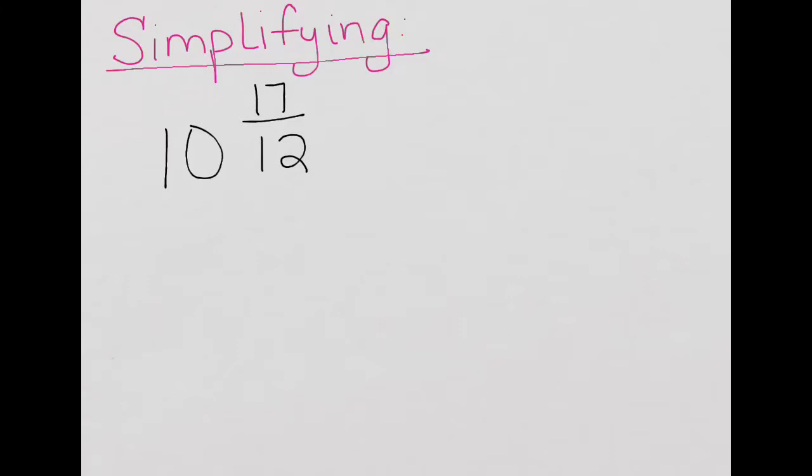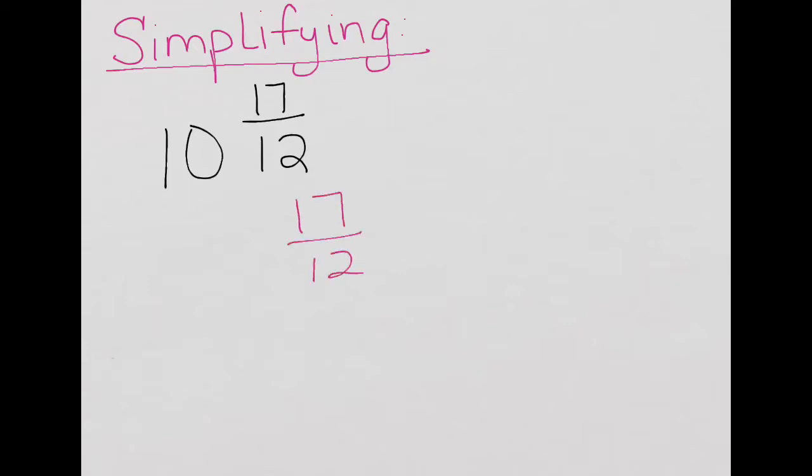Here we're going to look at simplifying. We can see that our whole number is 10, and we have 17/12. We can see that 17/12 is an improper fraction. So we need to take out one whole from that. We know that 12 can go into 17. 17 can be divided by 12 once, or 12 can be divided into 17 one time with a remainder of 5. So we're going to do